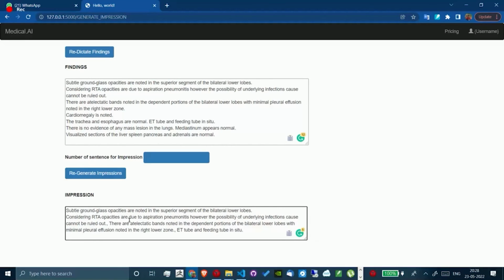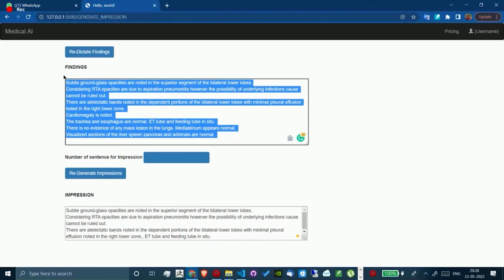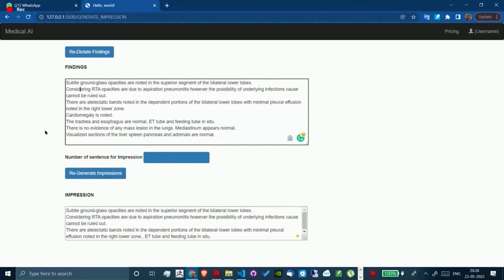lobes. Considering RTA, opacities are due to aspiration pneumonitis. However, the possibility of underlying infectious cause cannot be ruled out, and so on and so forth. It has given me 3 to 4 lines of impressions, which is approximately half of the findings which was given to the system as an input. Now if I want to